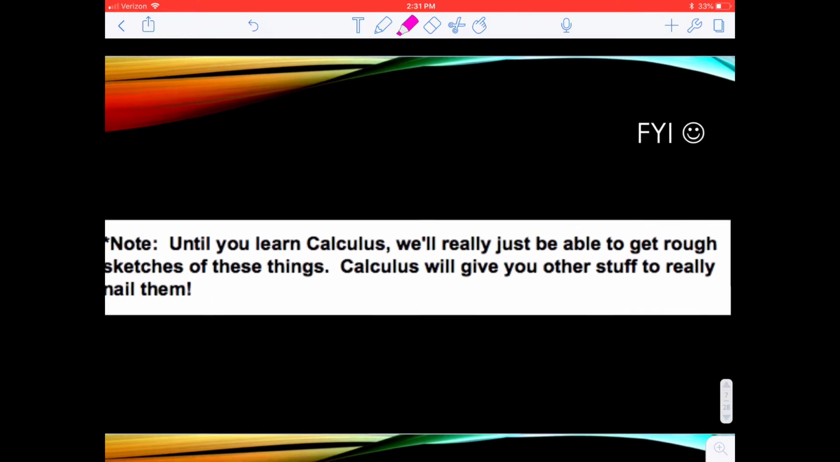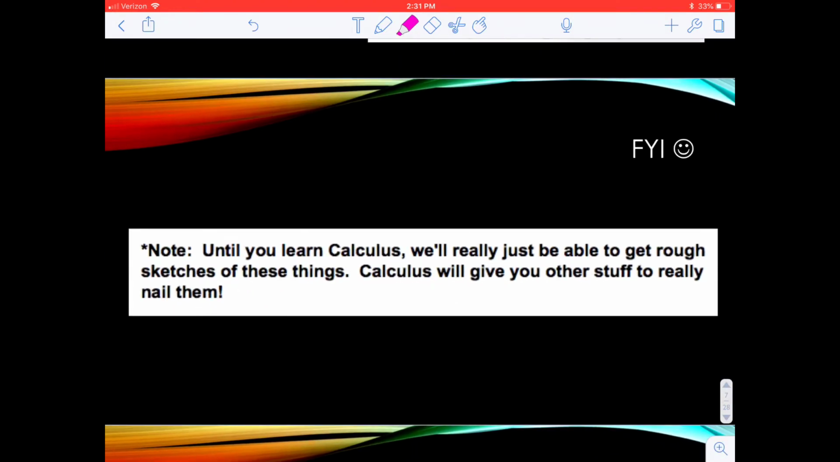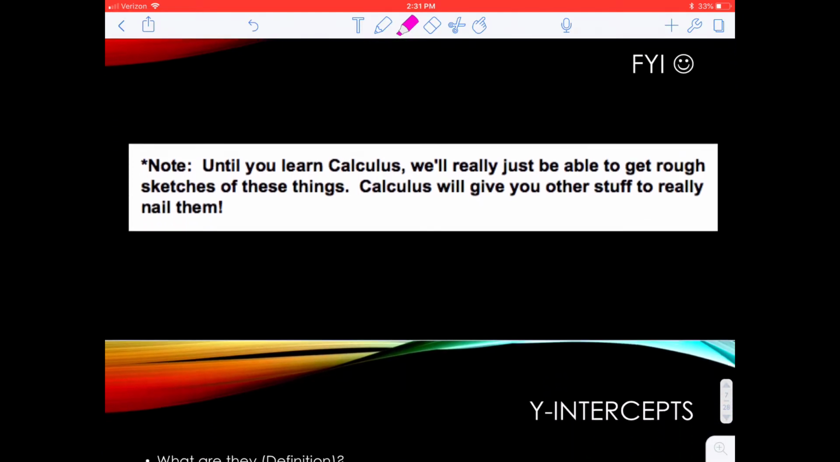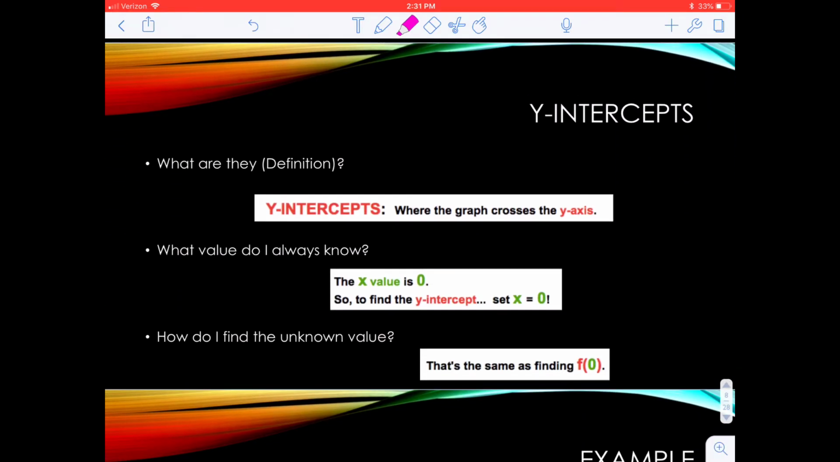Until you learn calculus, we'll really just be able to get rough sketches of these things. Calculus will give you other applications and mathematical knowledge that will allow you to graph these and have them down perfectly. But looking at intercepts, we recall that y-intercepts are where the graph crosses the y-axis,